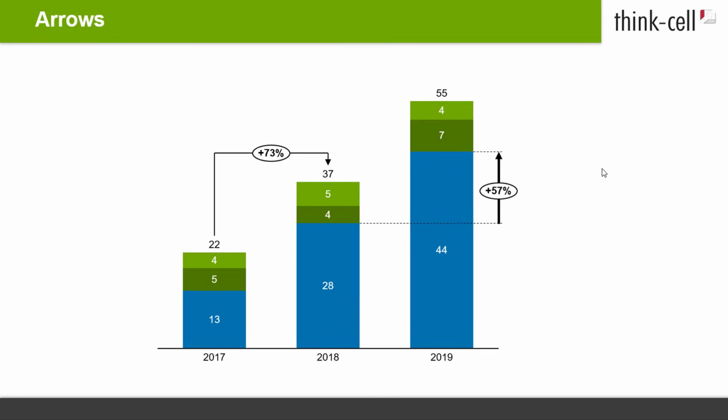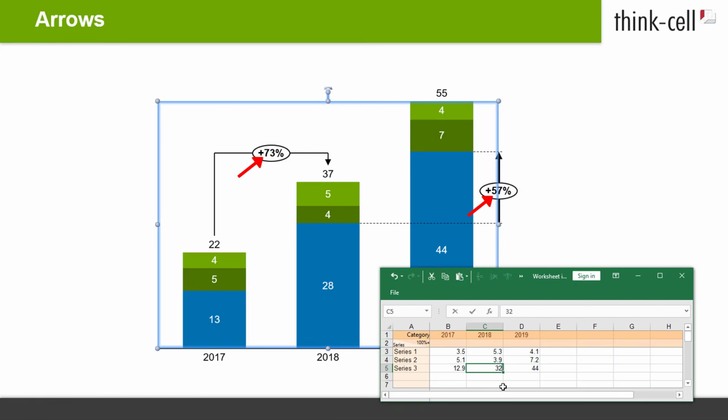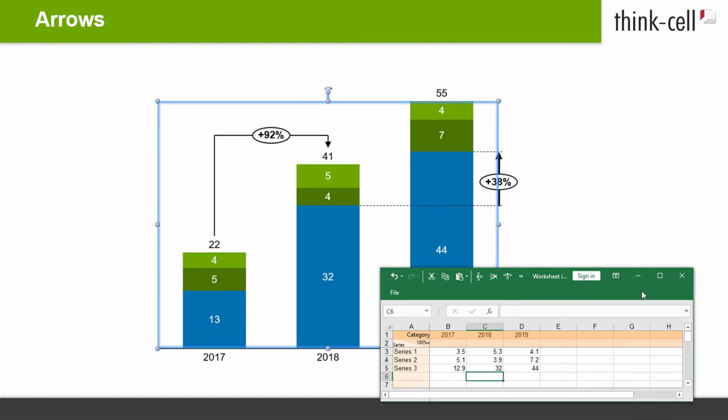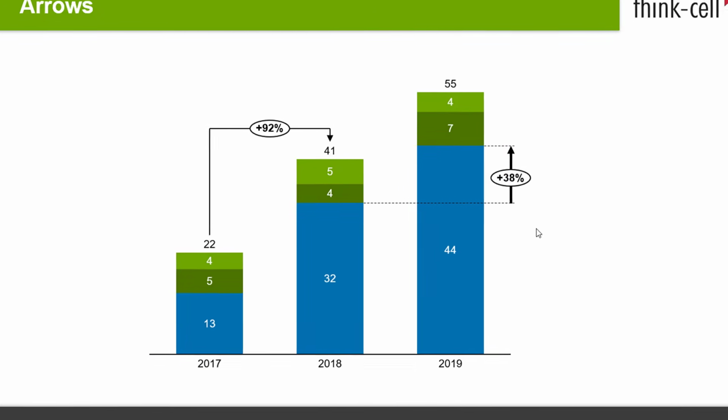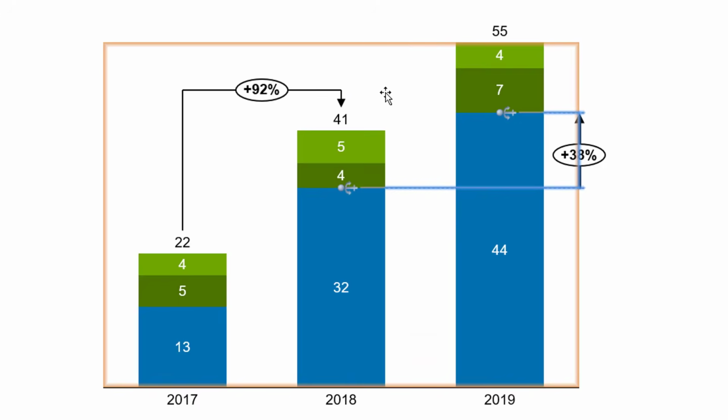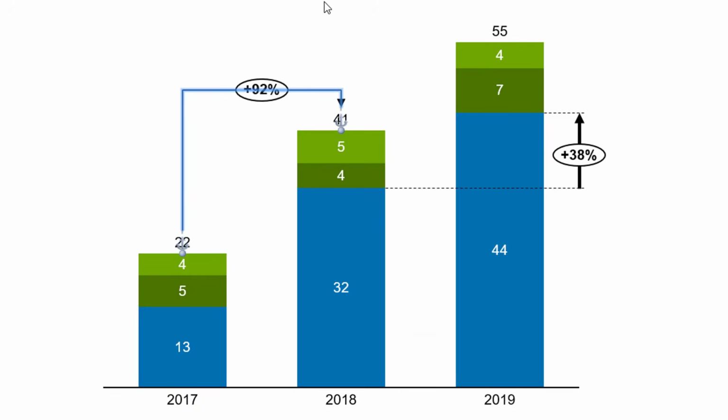Difference arrows help to visualize the difference between 2 columns, segments, or points in your chart. They are automatically calculated and updated whenever your data changes. You can choose between 2 types of difference arrows: level difference arrows and total difference arrows. Level difference arrows show the difference between 2 arbitrary data points in a chart. Total difference arrows, on the other hand, visualize the difference between 2 totals.